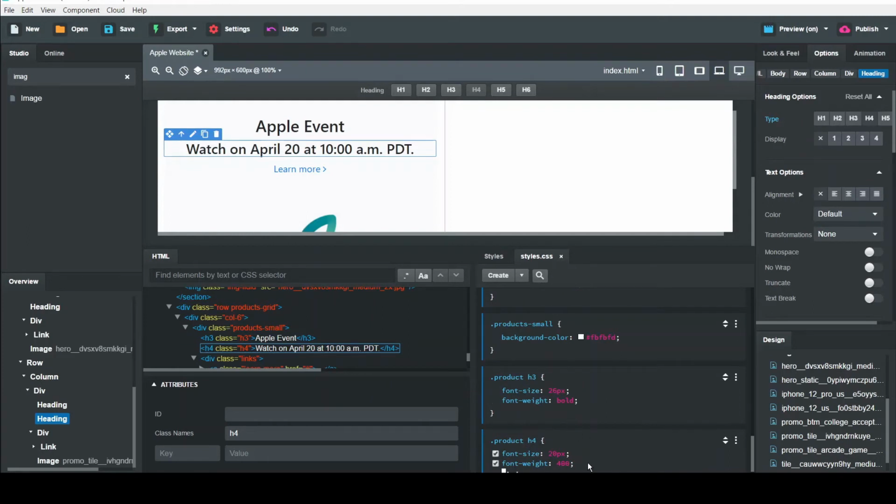It's not changed. What happened? Yeah, we called the wrong product class. It's dot product h3. Let's make it product small. We called the wrong class.